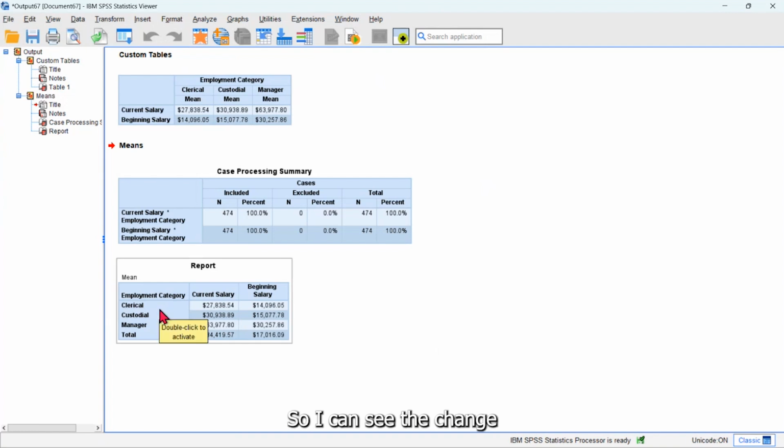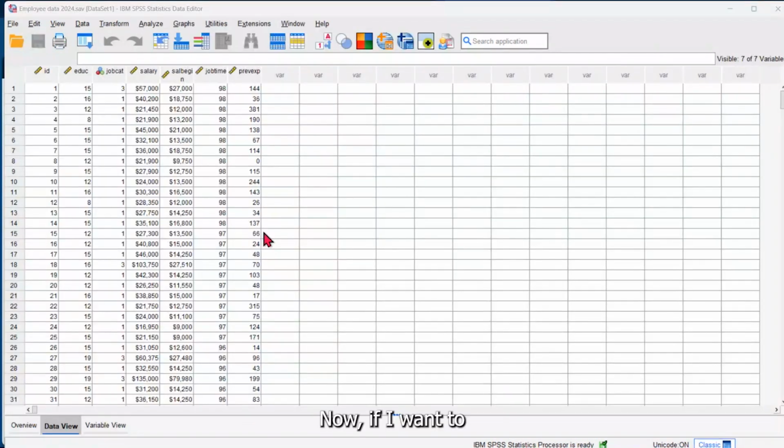So I can see the change for my clerical employees from the current salary, or really from the beginning salary to the current salary. And I can also look at it down each column. So if I look at beginning salary, I can see the beginning salary for each employee category. Now, if I want to examine the